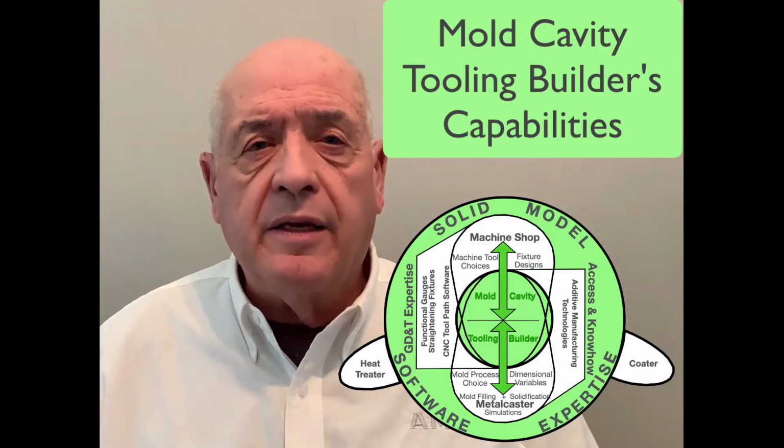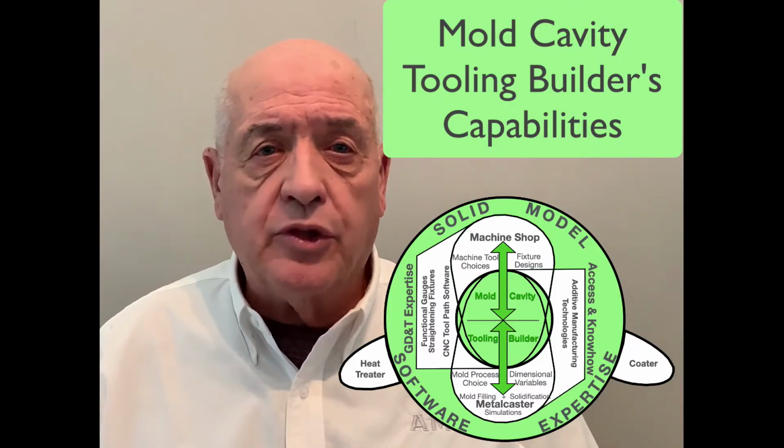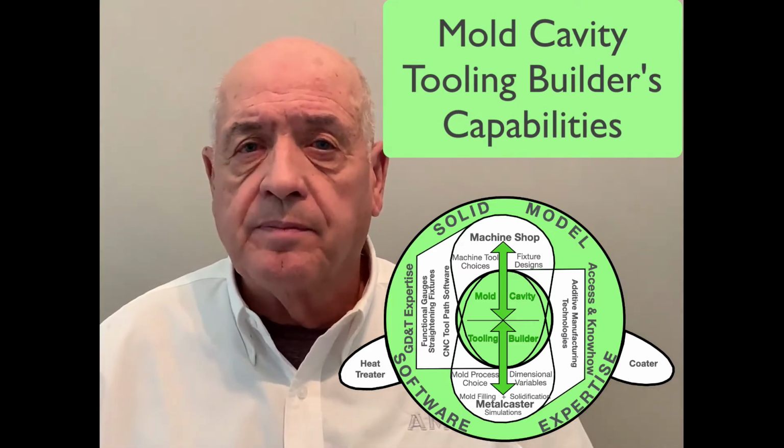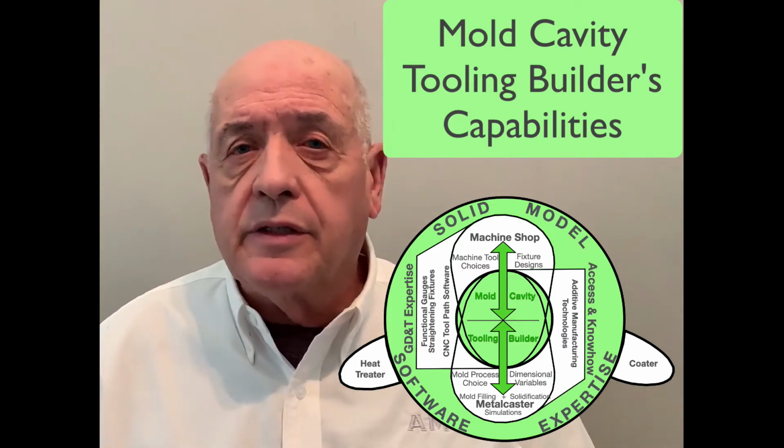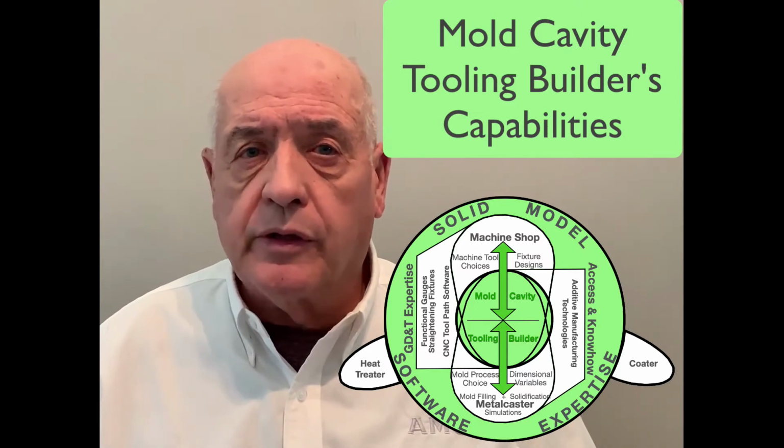Foremost in making that intentional manufacturing engineering of all the tooling is the mold cavity tooling builder. Although guided by the metal casters and machine shops' processes and preferences, it is the mold cavity tooling builder who